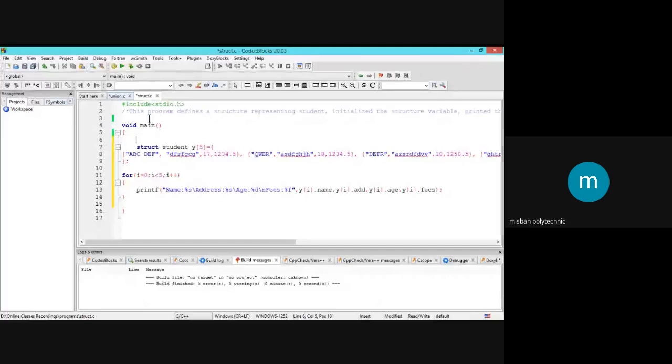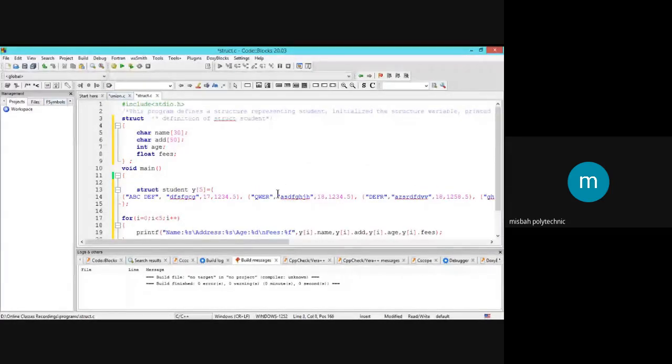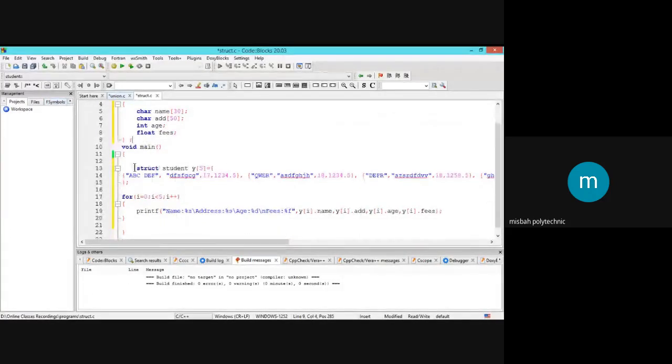Okay, so this was anonymous and I'm giving the name student, struct student. So this is the definition of structure student,